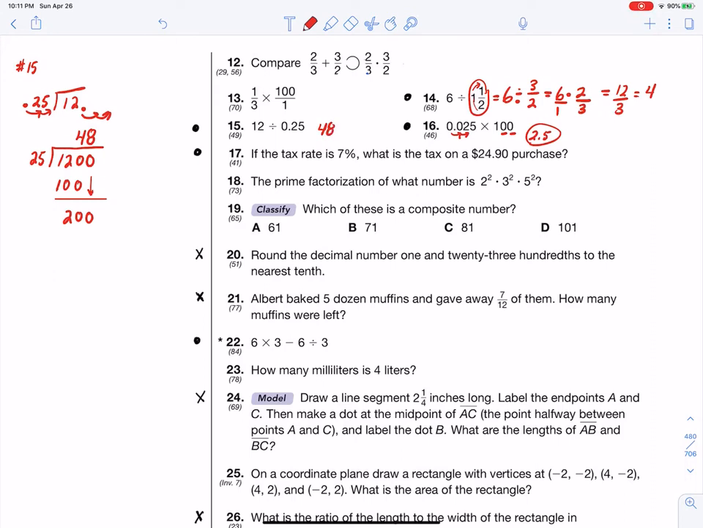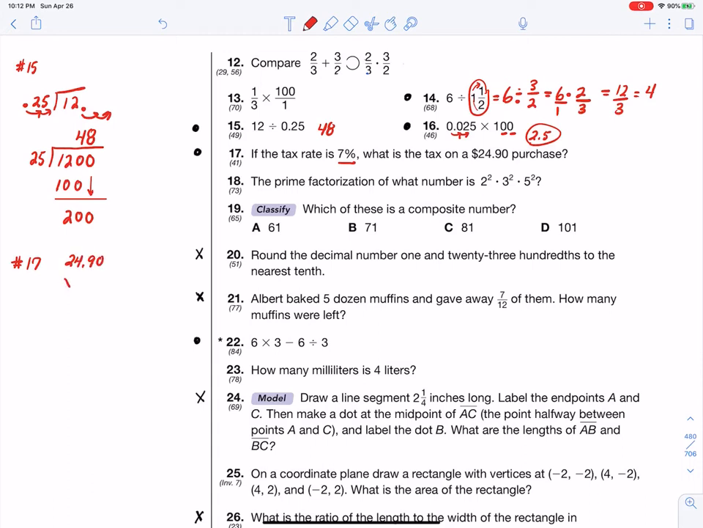Number 17 is one of those problems that has to do with money. Very common situation in real life. The tax rate is 7%. Around here, it's oftentimes 8%. And it says, what is the tax on a $24.90 purchase? So what I do is I take